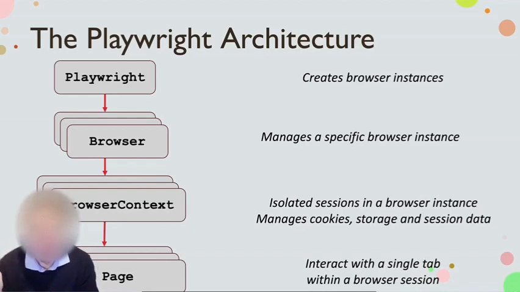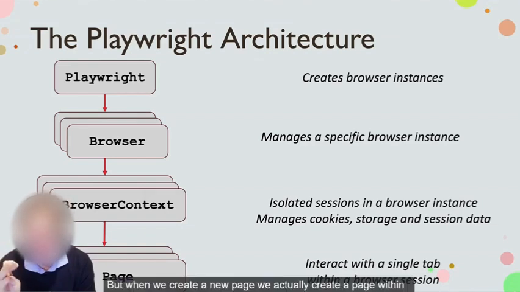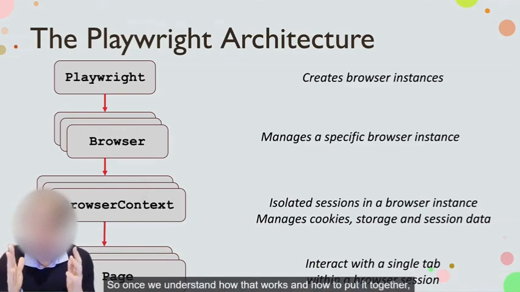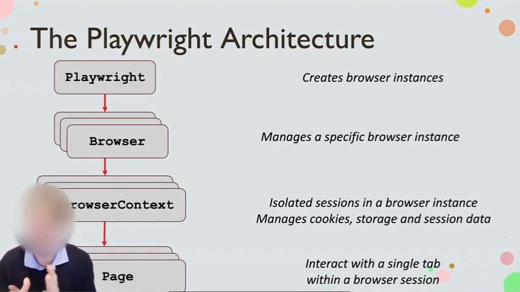The final level that we need to look at is the page. Now, a page represents a single tab within a browser session. So often we'll take a shortcut, we'll just create a page. But when we create a new page, we actually create a page within a browser context. A browser context may have multiple pages, but the browser context itself is isolated. So once we understand how that works and how to put it together, it does make it a lot easier to understand how Playwright tests are